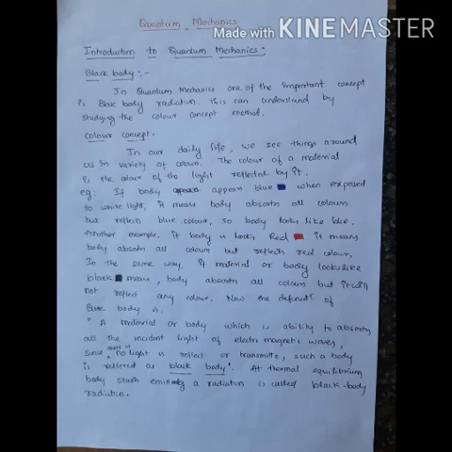And similarly, if a material or body looks black, it means the material has the ability to absorb all the radiation or colors, but since no light is reflected or transmitted, such a body is referred to as a black body. In general, the definition of a black body says that a material or body which has the ability to absorb all the incident radiation of electromagnetic waves, since no light is reflected or transmitted, is referred to as a black body.